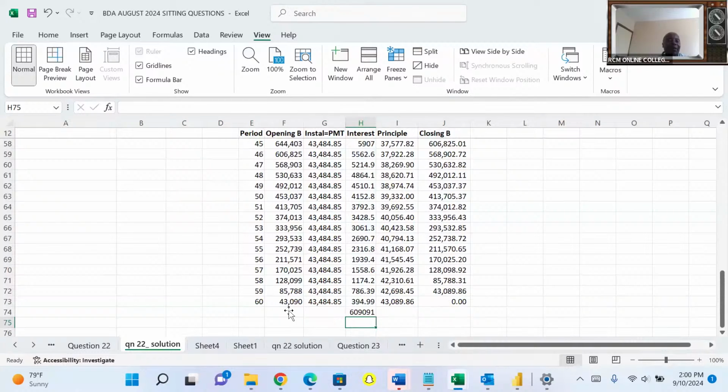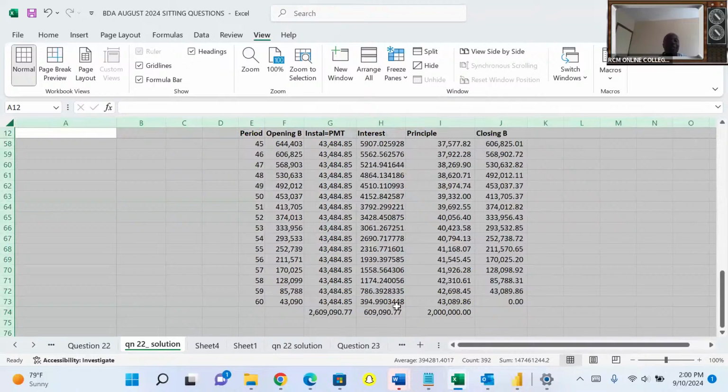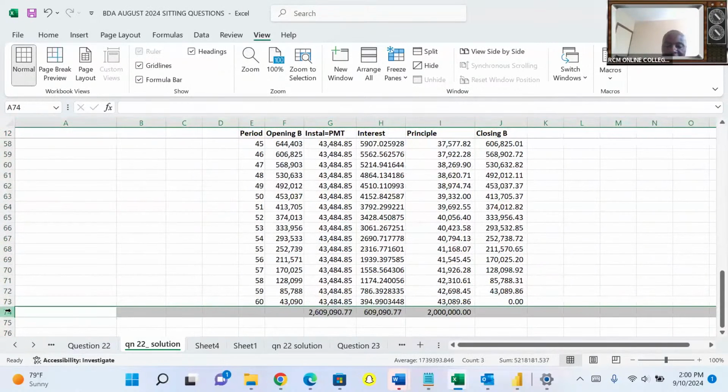I can even pick it from the installment. Let me just delete this. I can pick it from here: the installment, interest, and the principal. So those 3, I can easily come and say Alt equals, holding on to Alt. You can see the figures are very big, no problem. You highlight, and then you're able to get the result. So you can see out of the total principal of 2 million, the total interest here was 609. So you can see the total installment paid. It will be this plus this, giving me this. So this is really very important.